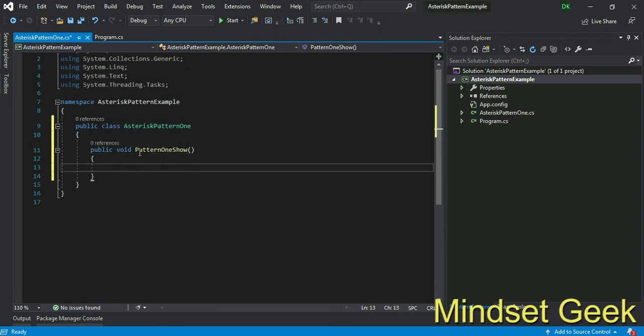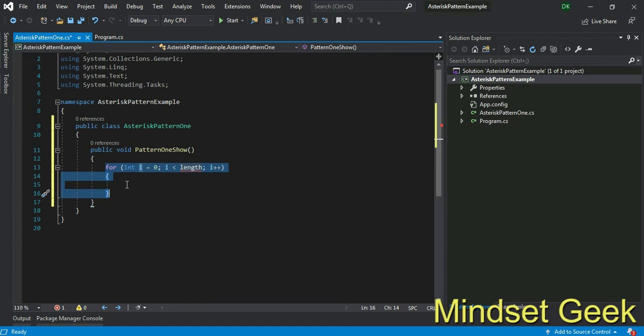Within this method I add one for loop, right? We use a for loop when we exactly know how many iterations we want.